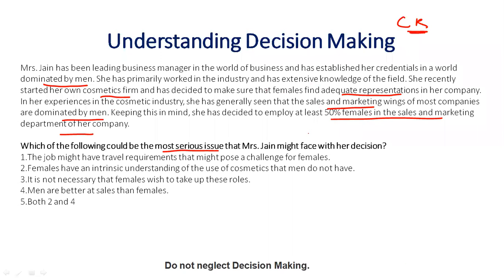बट द ओनली थिंग दैट शी इज मिसिंग इज, उसको लग रहा है कि ठीक है फीमेल्स डालने हैं इन प्रोबेबली एवरी पार्ट. सो द ओनली थिंग शी हैजंट कंसिडर्ड इज शी हैज नेग्लेक्टेड द फैक्ट दैट द गिवन जॉब रोल सेल्स एंड मार्केटिंग में it might have certain requirements which require male and this is a threat to her plan. एक बार हम लोग पहले सारे ऑप्शंस देखते हैं, which is option number 1 is the job might have